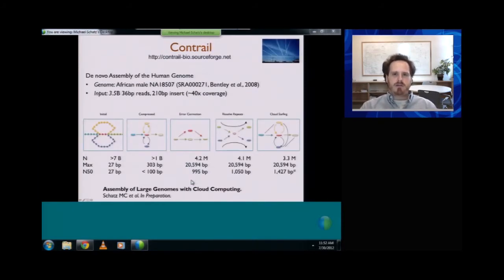And then the system that we're developing called Contrail is going to start from billions and billions of short reads, in this case from a single human genome. The initial graph that we're going to have is going to consist of many billions of nodes and edges. We're going to do some of that initial compression to reduce it by about a factor of 10 into about 1 billion nodes, and then apply various error correction algorithms, various algorithms for resolving repeats, various algorithms for bringing in more of the data, and then instead of starting with billions and billions of nodes, we're going to shrink it down to about 3 million nodes, each of about 1,000 base pairs long.